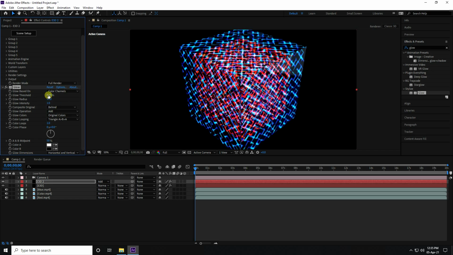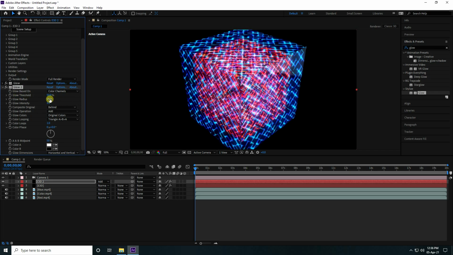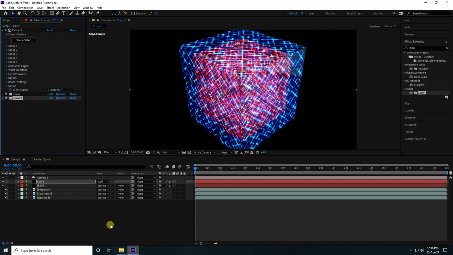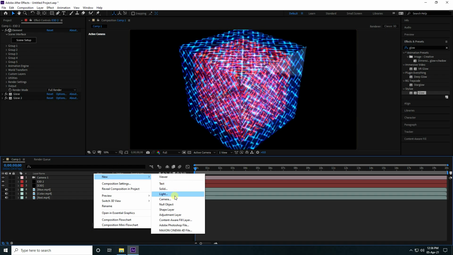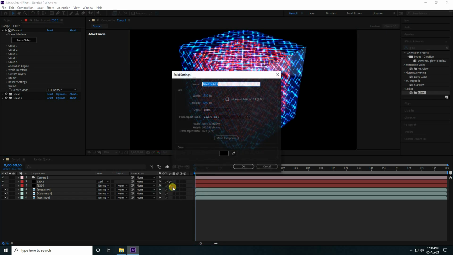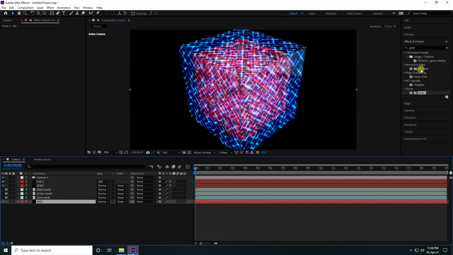Yeah, and guys, threshold I like 50 and radius 50. Yes, and select this glow and duplicate, Control D. Yeah, and this time guys, radius I like 100. Yeah, right. Okay, so now this time I take a new solid layer for background, BG, background. Yeah, and go down.